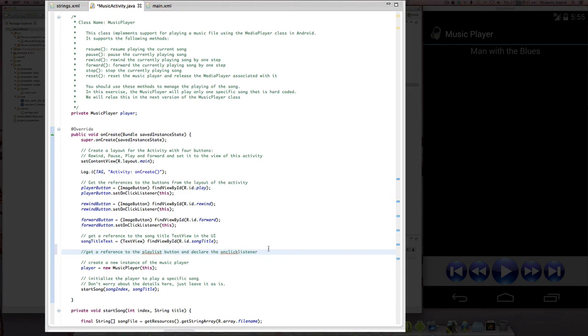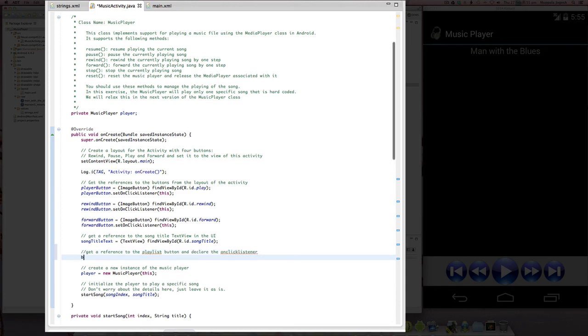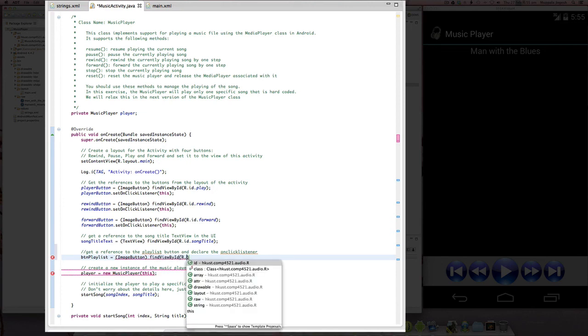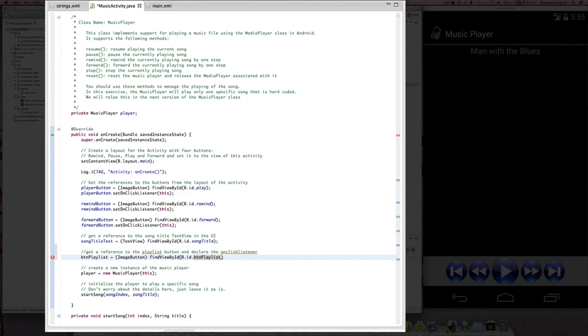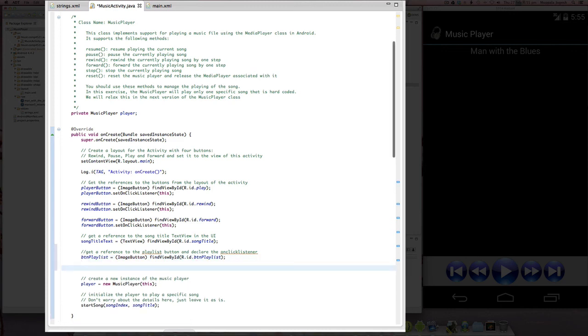Okay, let's first get the reference to the playlist button. So I would say button playlist equal to, since that is a button of image button type, so I say image button, find view by ID, R dot id dot, and then we see that we have the button playlist in there. So select that. Now once you have a reference to the button, then next you need to declare the OnItemClickListener